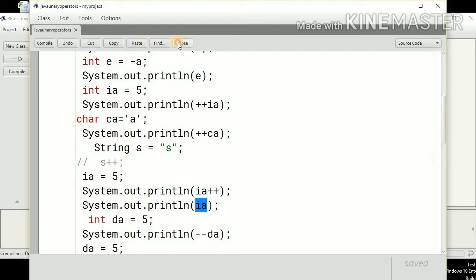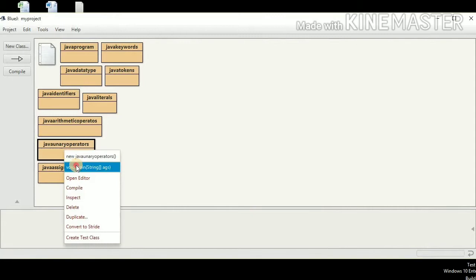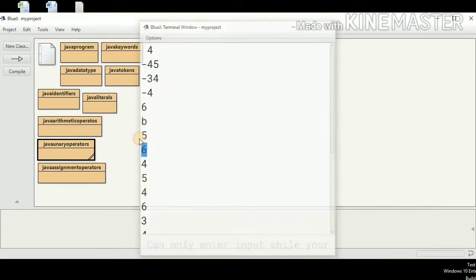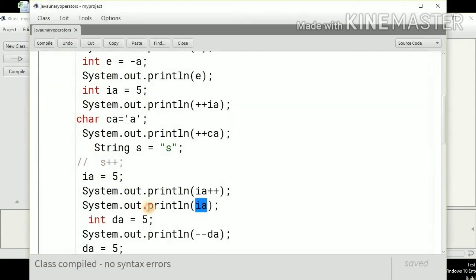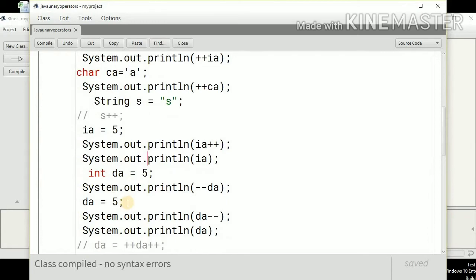Now let's check the output. You can see, the old value was 5 and then the incremented value 6. So these were the outputs of the post increment operators.